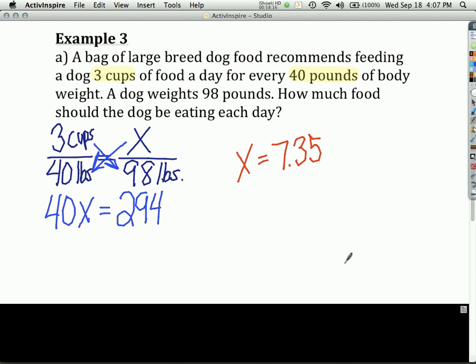Now answer the question. How much food should the dog be eating? About 7. What do you think, Stephanie? 7. What were you going to say? 7.2 cups. 7.3. Alexandra? You're going to say 8? Okay, what do you think? 7.35. Okay, well, now I want you to imagine that I've got this big container of dog food with a